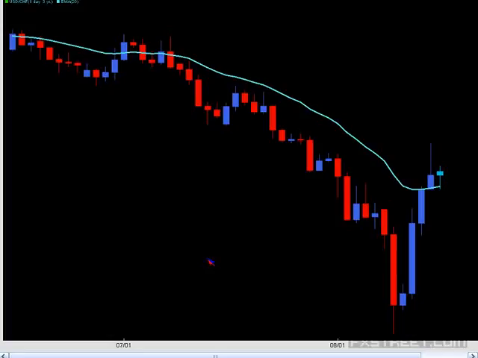And when things look really extreme is when I get a little bit concerned about continuing along with them. Usually when things look that extreme is the point where I start to say, you know what, it might be time to kind of pull back on things a little bit. It might be time to just sit back and wait and see. If it really is going to remain short and the trend is going to continue, it should at least pull back to the 20 EMA. Anytime it gets this far away from the 20 EMA, it usually starts to pull its way back towards it. The market has to normalize just a little bit.